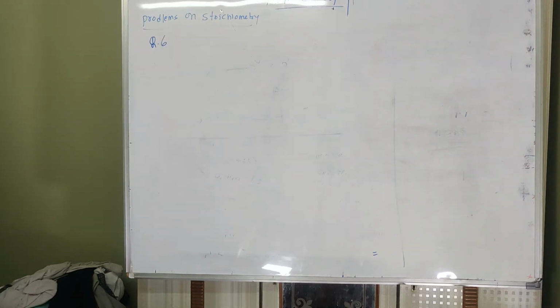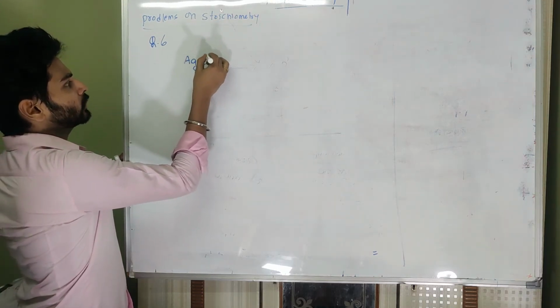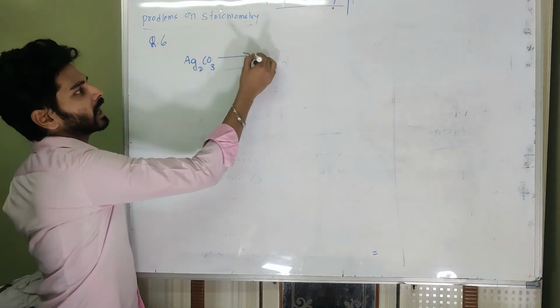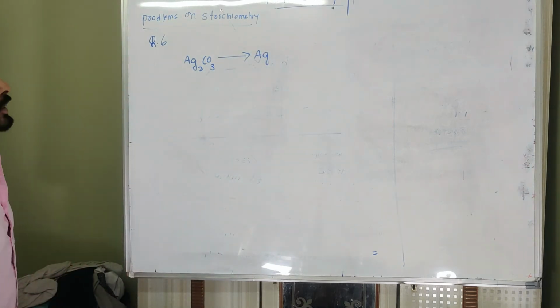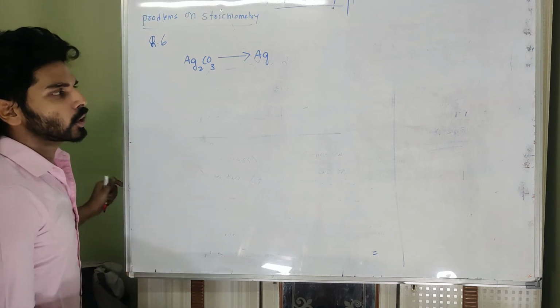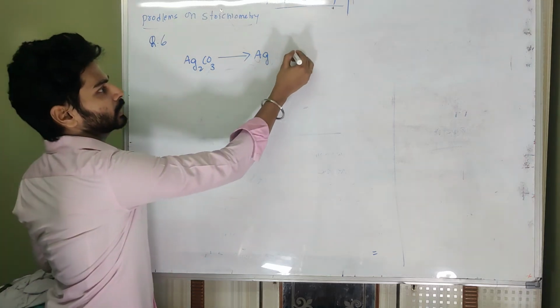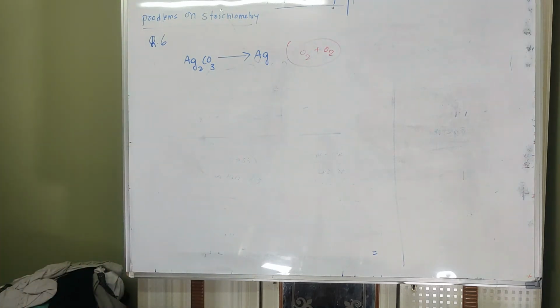The next question says that 2.7 gram of silver carbonate on being heated strongly yields a residue weighing. So here we have to know that Ag2CO3 is strongly heated. When silver carbonate is strongly heated, it will give us silver along with the byproducts carbon dioxide and oxygen. But since the reaction is not given, you need not know that. The only thing we have to know is the weight of the product. The rest are all gases. Even CO2 and O2 are gases, so they won't weigh, they will simply go away.